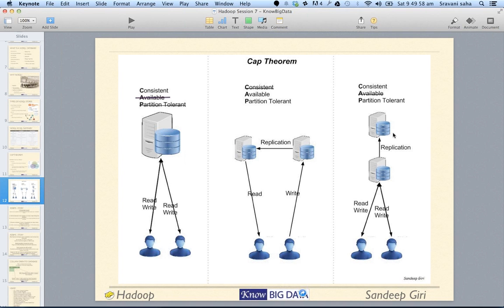So consistency, yes, you are required in case of transactions. Not really, not really. Okay, because theoretically, when you look at the data closely,